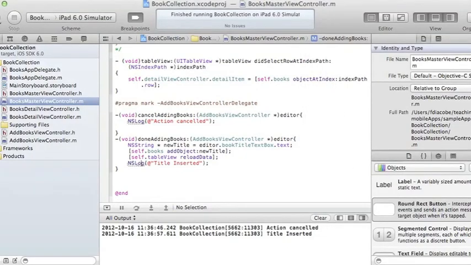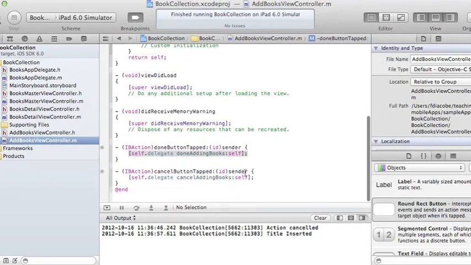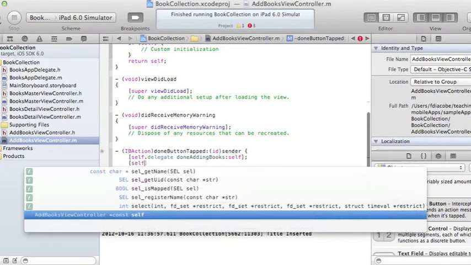And the way that we can get rid of that is by telling it to go away when we click the done or the cancel button. So let's go here where we click the done or cancel button. You can do it on the delegate as well, but we'll just do it on the window itself. We'll do done adding books, and then we'll also say here, remember now I am on the little window that allows me to add titles. Self